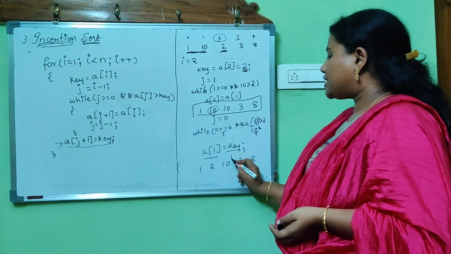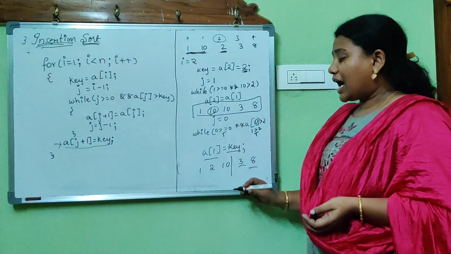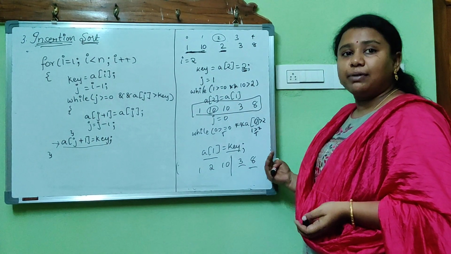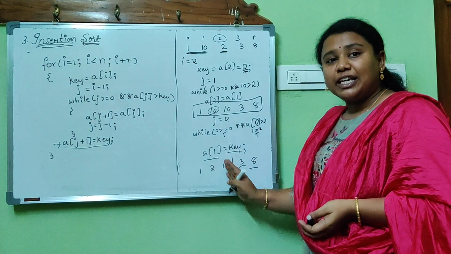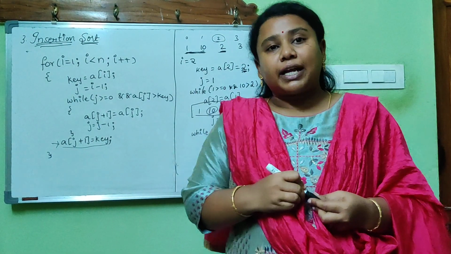This is what happens every time. Next 3 will find its position, then 8 will find its position, and we will just move each and every element backwards if the element is being inserted in between. And the remaining iterations have to be practiced by